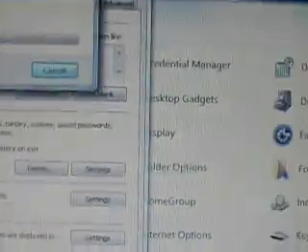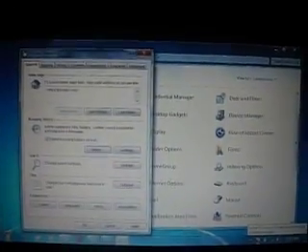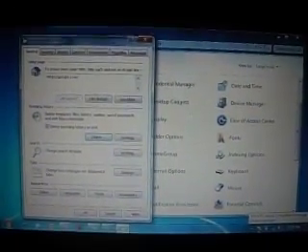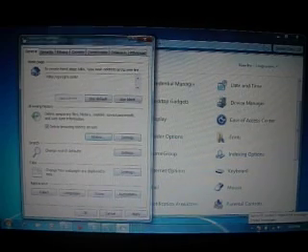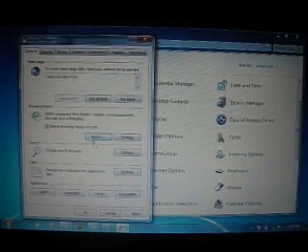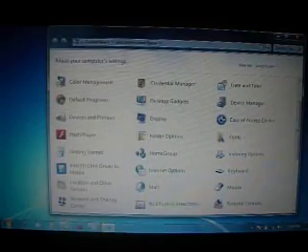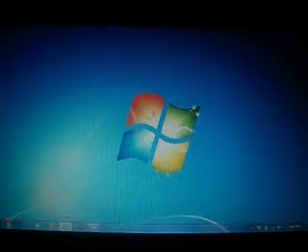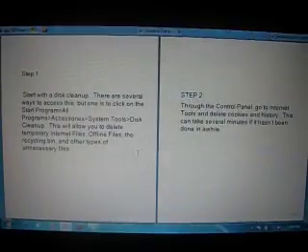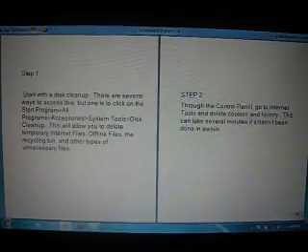You can just wait. Now you can delete and press apply, open, and